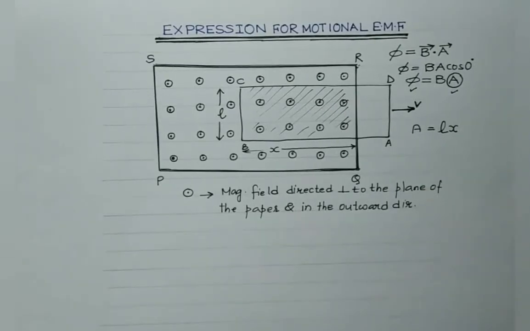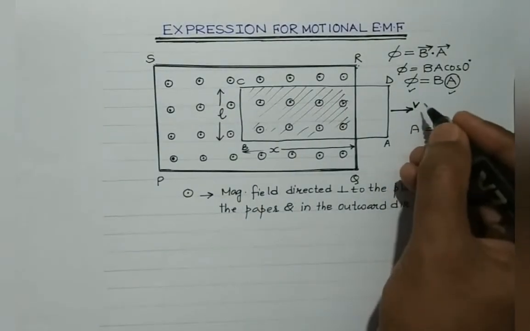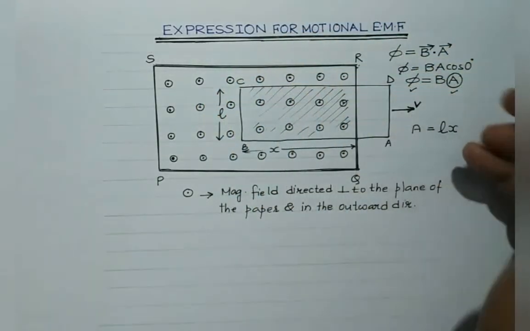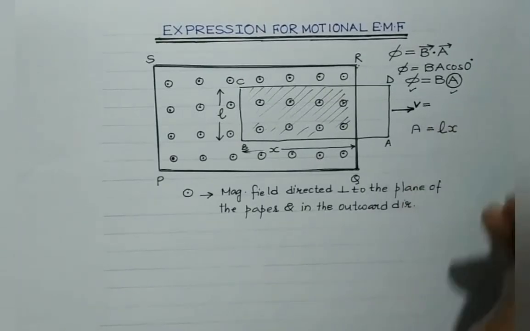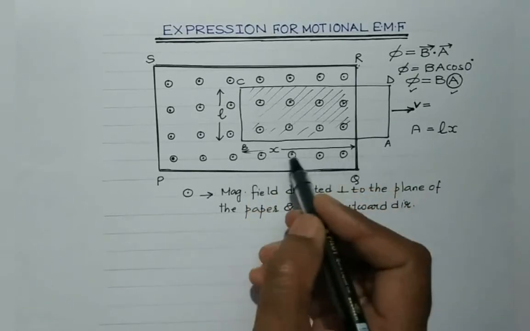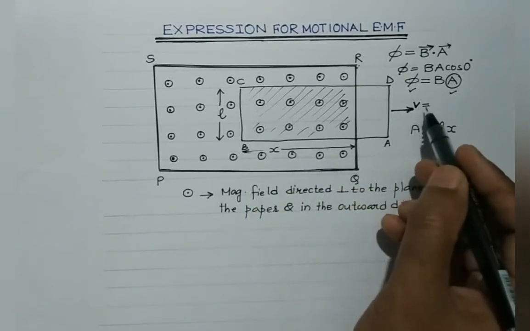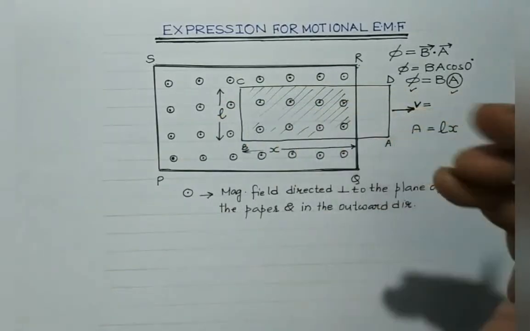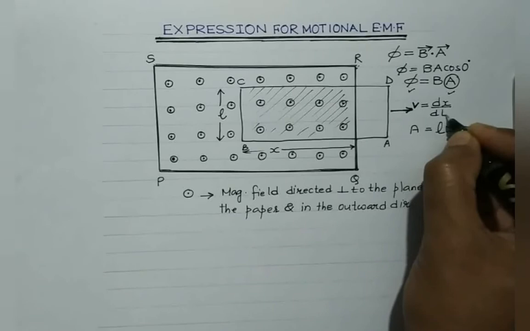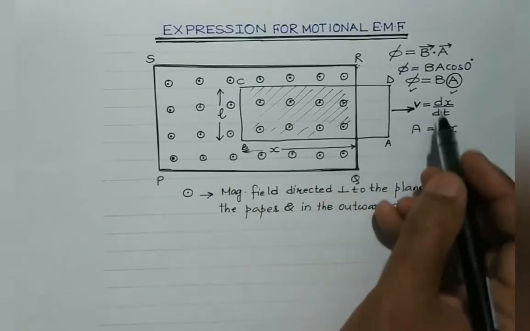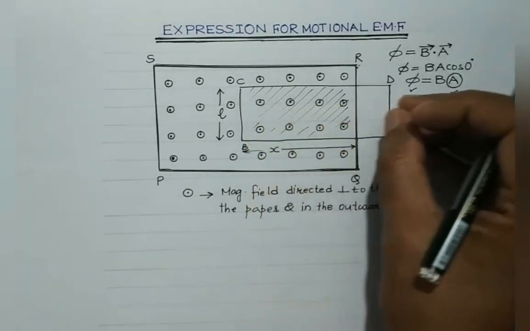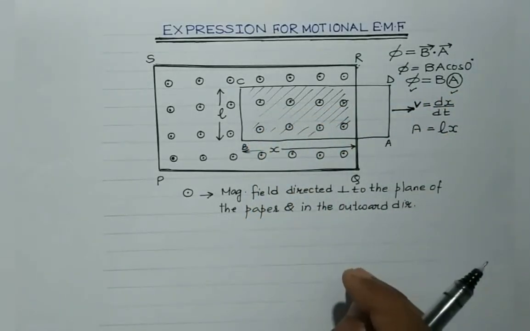Right? And also students, if V is the constant velocity with which the loop is made to move in the outward direction, obviously the value of x will change with time. So the time rate change in the value of x, that will give us the velocity with which the loop is moved in the outward direction, right? So it is dx by dt. So differentiation of this x with respect to time will give us the uniform velocity with which the loop is taken out of the region of magnetic field.